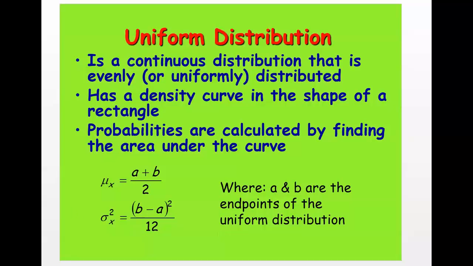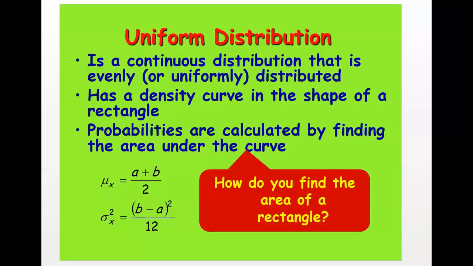So when we're talking about the area, we have to remind ourselves we're talking about a rectangle. So how does one find the area of a rectangle? That's just length times width. So let's look at an example and figure out how to set up a uniform distribution based off this idea of a rectangle. It's got an area of 1 underneath the curve. What would that